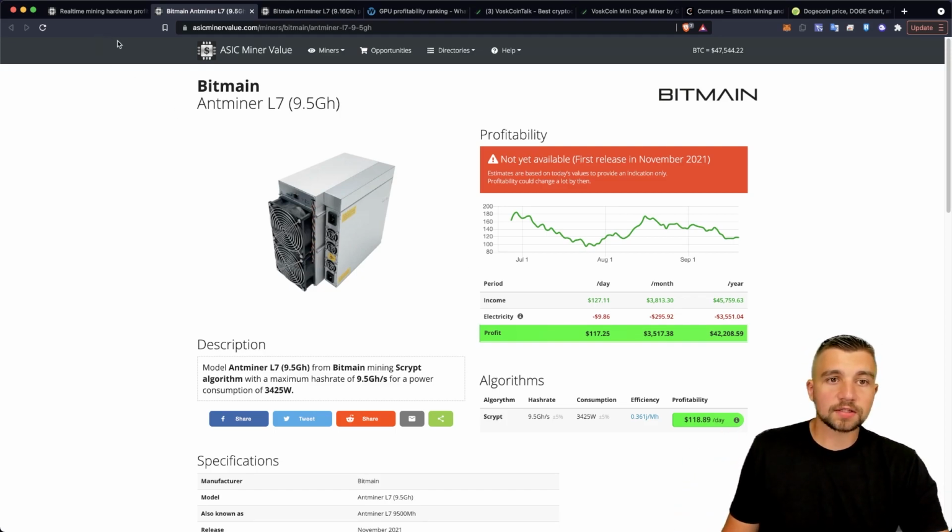Just like how ASIC miner value underestimates the mini Doge mining profitability. Also understand